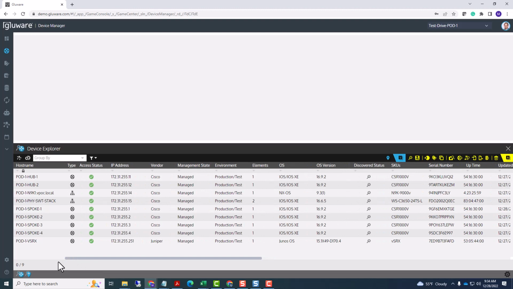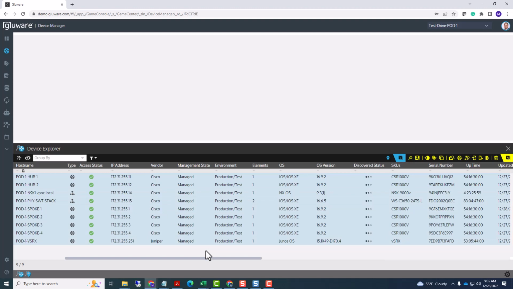Speaking about updating data in the grid, the data will update when you trigger a discovery, or in other applications like config drift and audit or configuration management, when you're executing a provision or executing a drift or other activities, Gluware will update the discovered data. Every time we interact with the device, we will refresh the data we are pulling from it. But just to give you an example, again, as a quick refresher, if I select one or more devices or I hit Control A to select all, I can update the discovered data in the grid